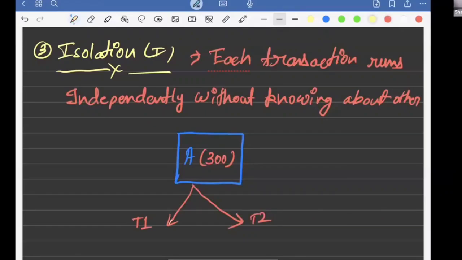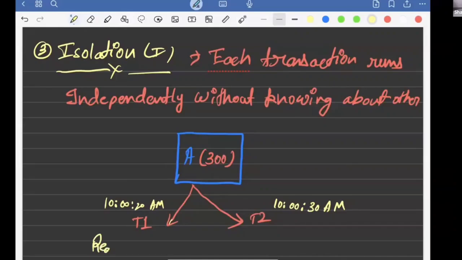So this transaction one, let's say it initiated at exactly 10 a.m., right? And this transaction initiated at, let's say, 10th hour, 0th minute and 20th second AM, right? And this one initiated at 30th second, correct? And what this transaction was doing, it was simply doing this part: read